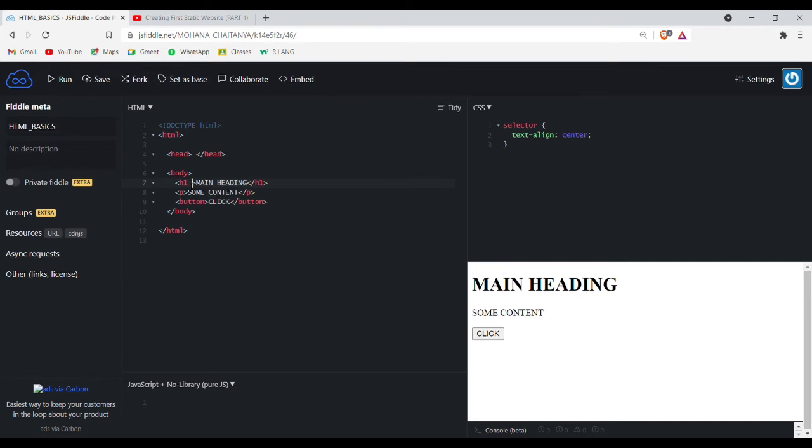As I said, the class attribute will be present inside the starting tag of the HTML element and the syntax will be class equals, and in the double quotes we give the value. As we are centering the heading, we will give the value as center.